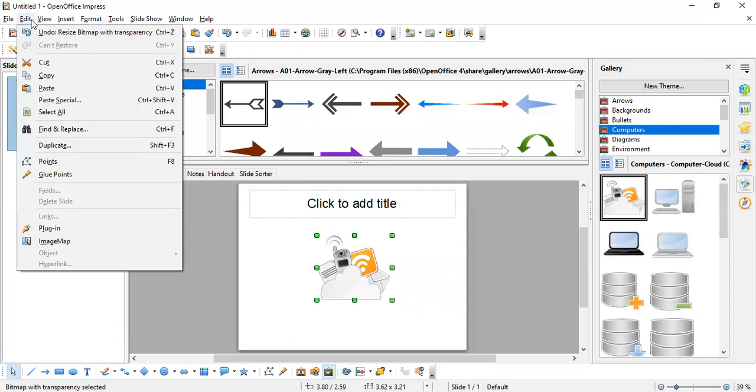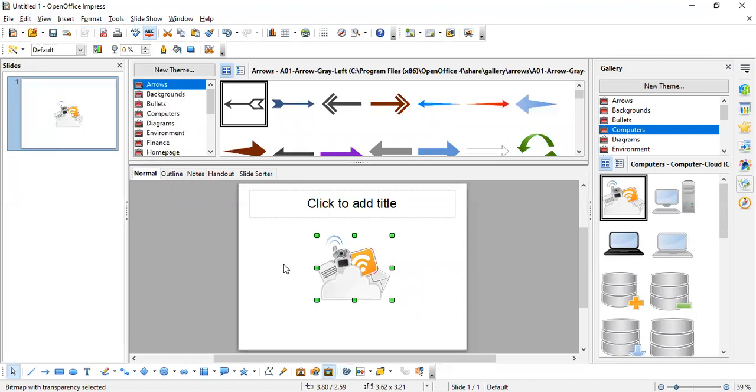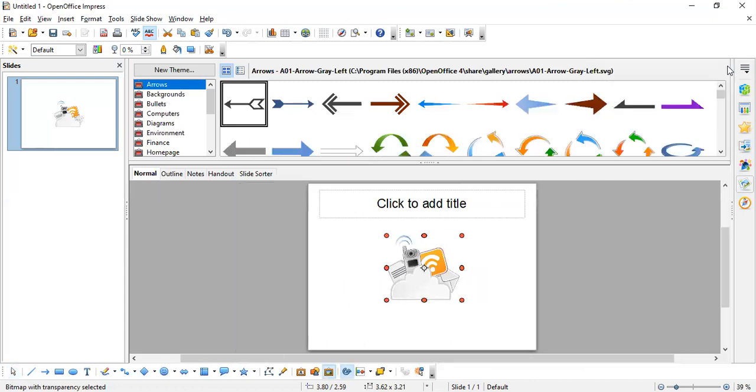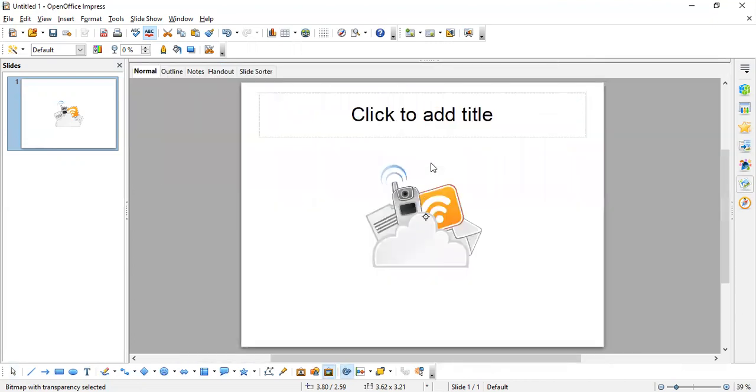So see, let me tell you simply: just go to the Picture option, then you'll get an option Wrap. In that Wrap, you'll get 6 wrapping styles. The first one is None, then Before, After, Parallel, Through, and Optimal. One second, let me see whether I can get that particular option over here.